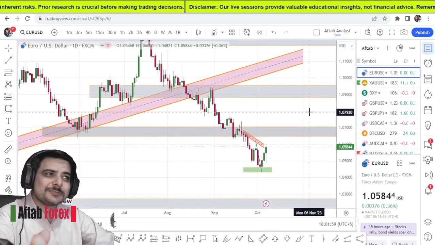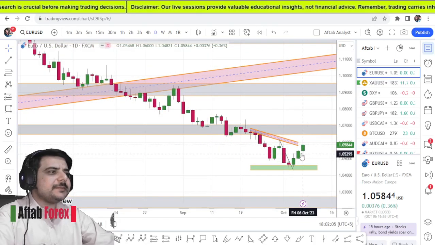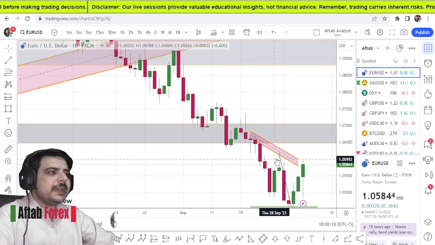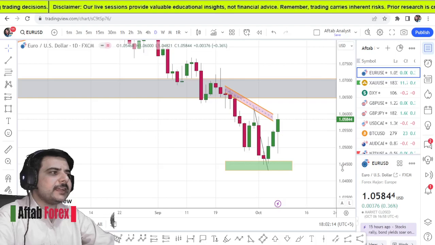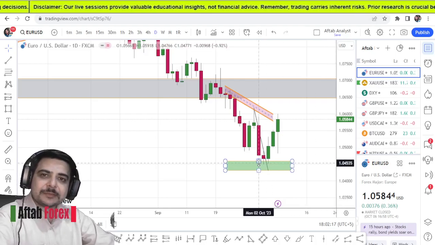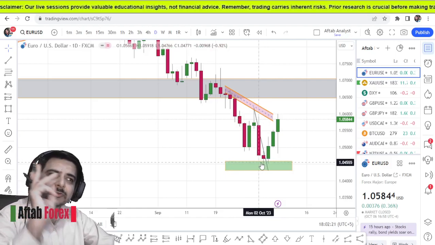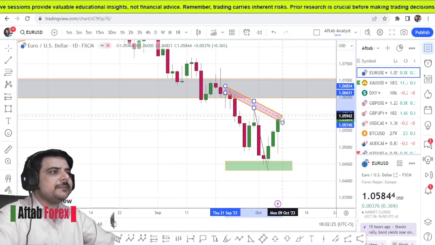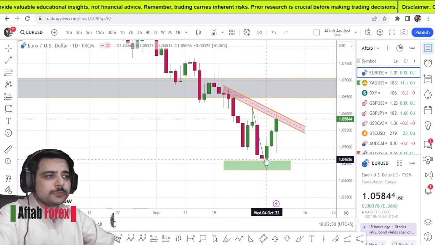What I said last week, 1 2 3 4 5. Last week I said that the market took a nice rejection from this level, and this rejection will put the price down towards 104,500, and right here the market exactly came down. So sellers made profit from right here, and this level was also advised for a buy opportunity, and see, the market gave good and nice profits right here. Now the market closed very bullish.